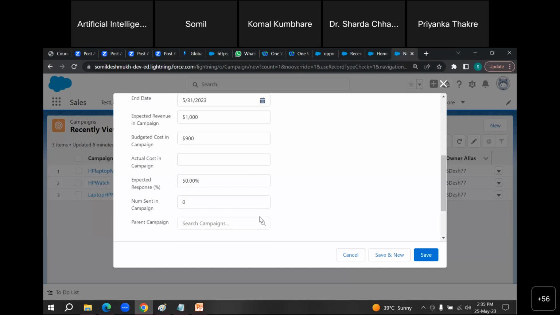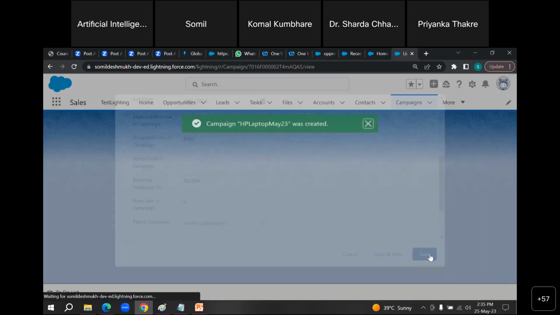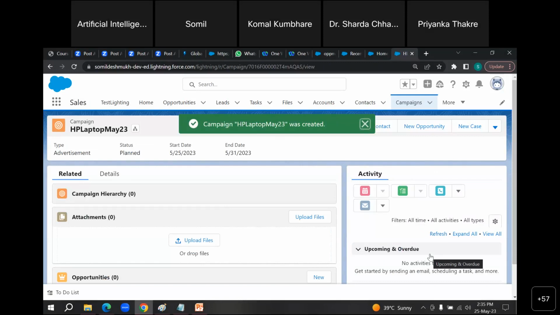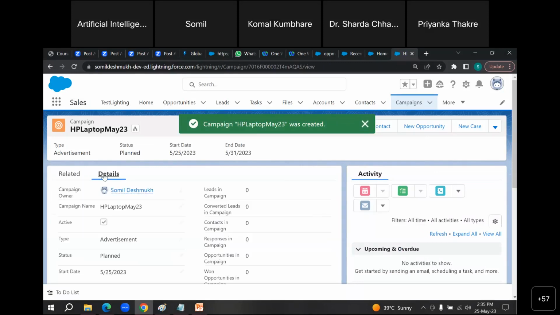Okay, then you can just save it. And you can see in the detail, all the information related to that would be stored here. So this is the actual campaign.